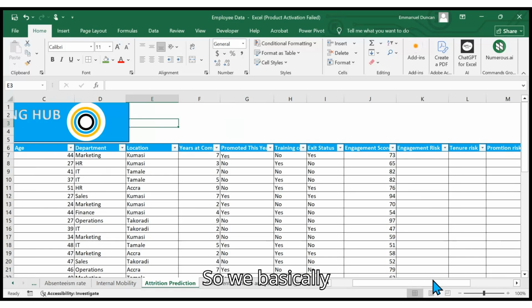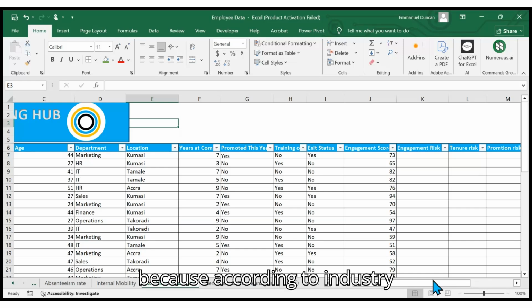So we basically look at those trend patterns to determine the current employee who is likely to leave. So in prediction, it usually falls on patterns, trend, and also probability, most probable incidents that might happen. So let's look at the years at company